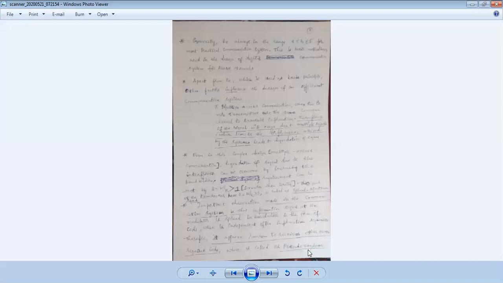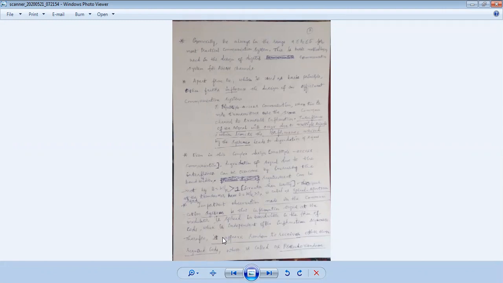Let us say the signal bandwidth is W, which is less than W1, where W1 is the bandwidth of the channel. When W is less than W1, that means unutilized bandwidth of the channel is left out. So in order to use the bandwidth, so that I can reduce the transmission power, I increase the bandwidth. In order to increase the bandwidth of the channel for a single signal transmitted,